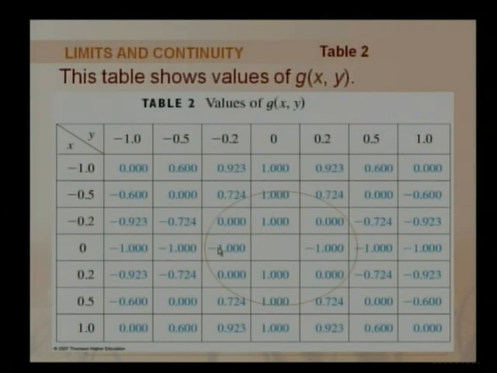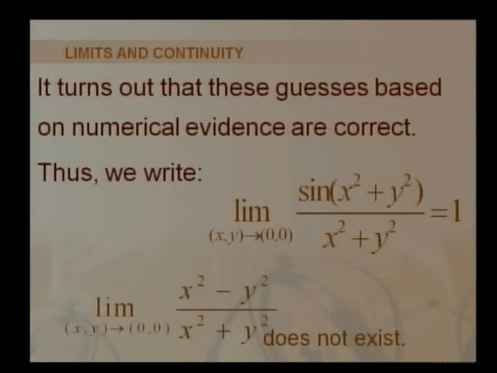So the behavior of the two functions is different. We see that in f(x,y), when x and y approach 0, the value of f was approaching 1, while in g(x,y), when the values of x and y approach 0, the value of g(x,y) is not fixed. Sometimes it is 0, sometimes it is positive 1, sometimes it is negative 1. So this shows the behavior of functions f and g are different.